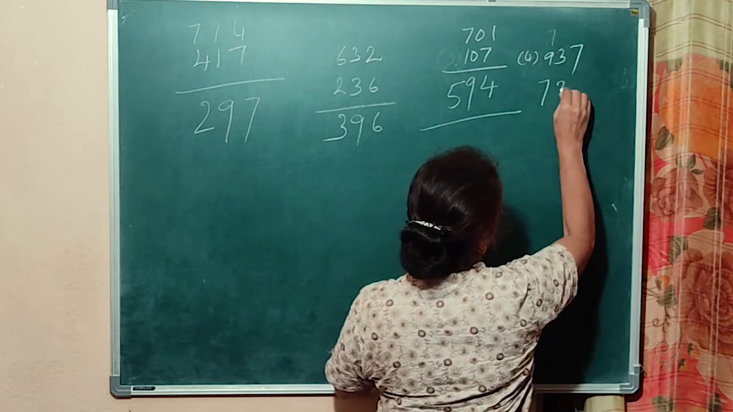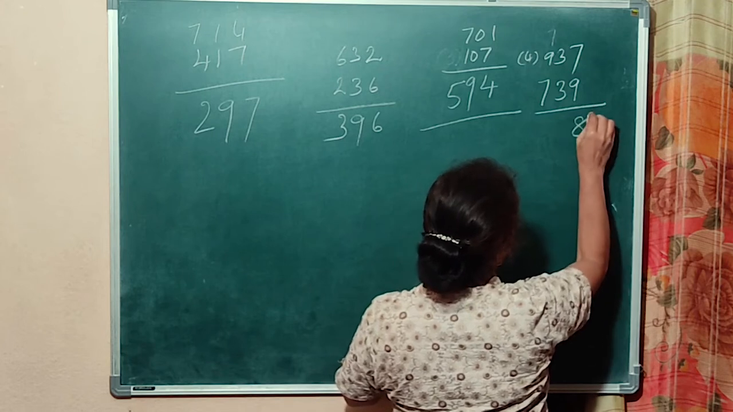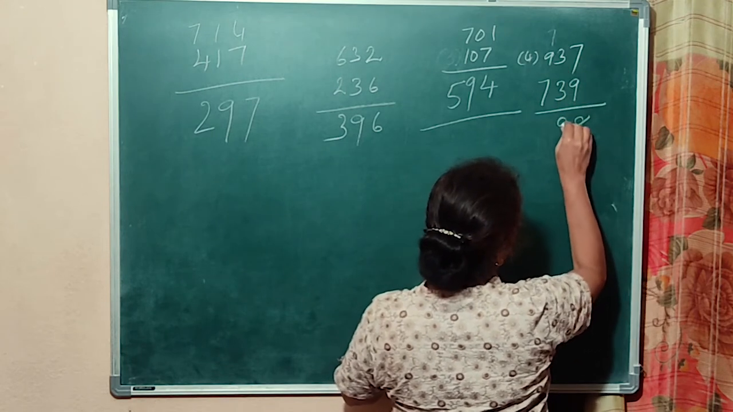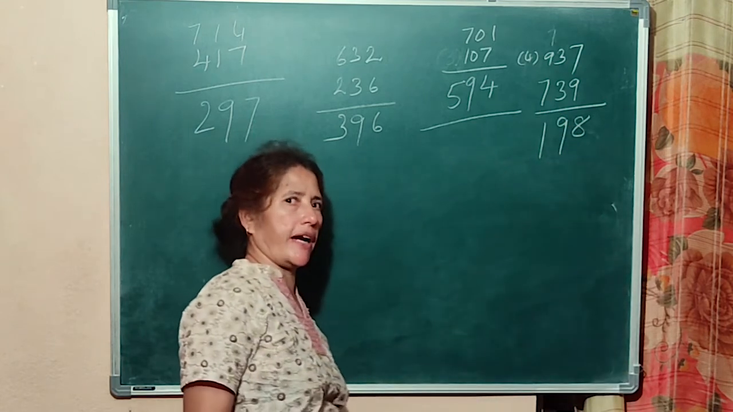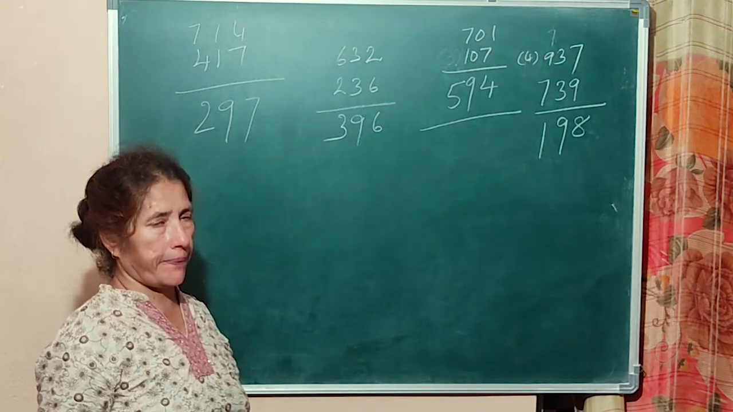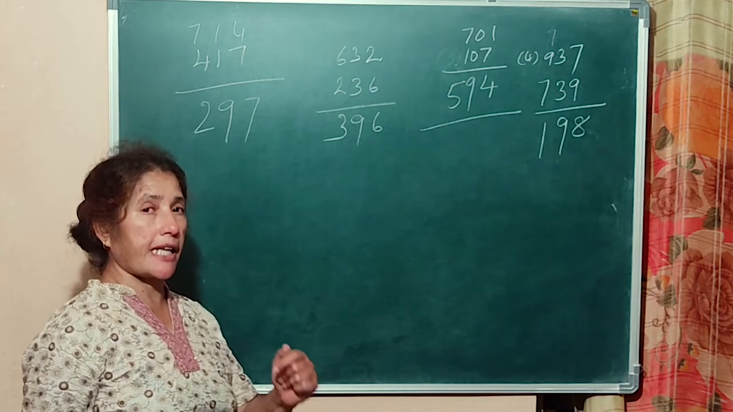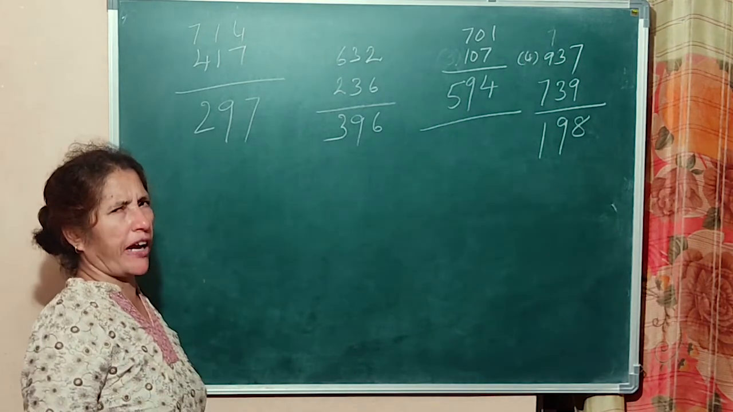937, 739. 17 minus 9 is 8. 12 minus 3 is 9. 8 minus 7 is 1. 198 divided by 99 is 2. So, you understood here. Let us go to the last type of questions where you ask your friend to write